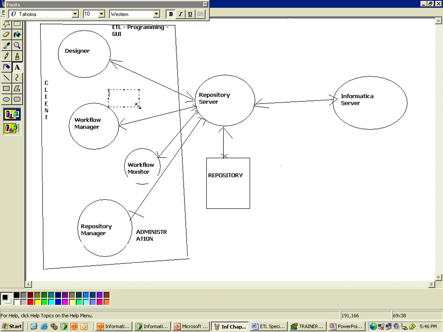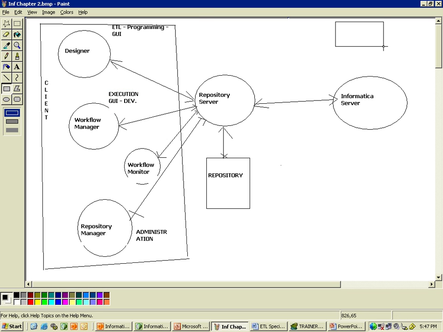Then the workflow manager is used for execution of the program, if you are looking from a traditional programming view, the execution of the GUI program which is developed in the designer tool, while the process is going on, which is done by the Informatica server. This is the power of Informatica: based on your ETL program, whatever you have written in the GUI, it will be stored in this repository. You say execute that program, that also goes to the repository. Then when you say execution, the Informatica server picks that program,